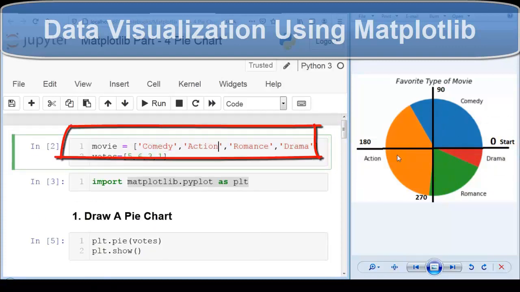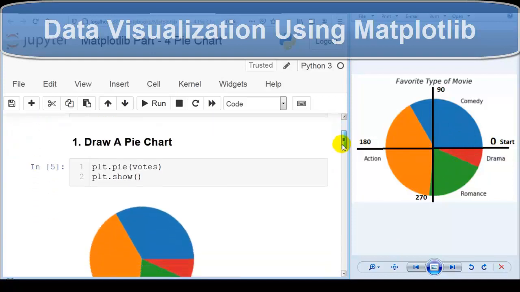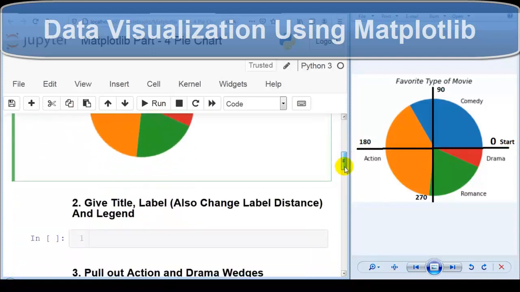Comedy, then action, then romance, then drama. I'm repeating, by default the plotting of the first wedge starts from the x-axis and moves anti-clockwise. This way we can draw a pie chart using this pie method of Matplotlib.